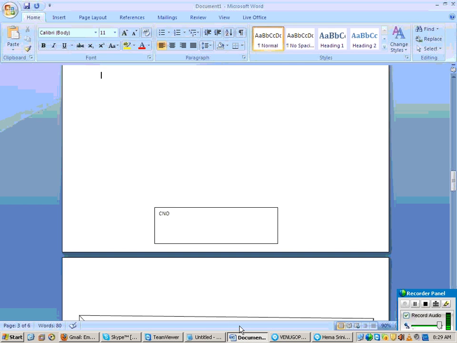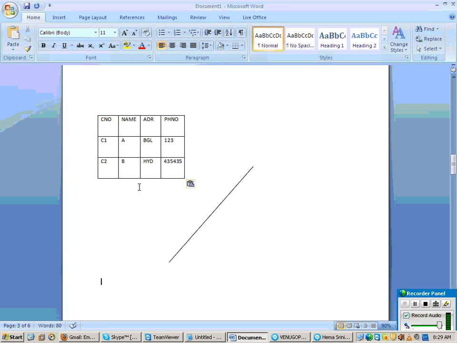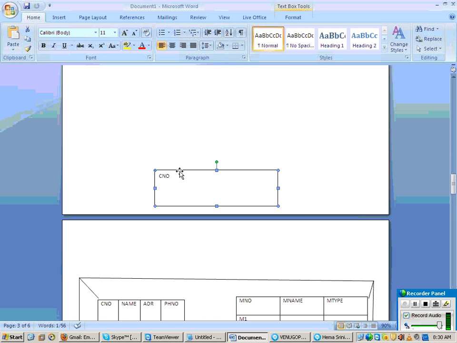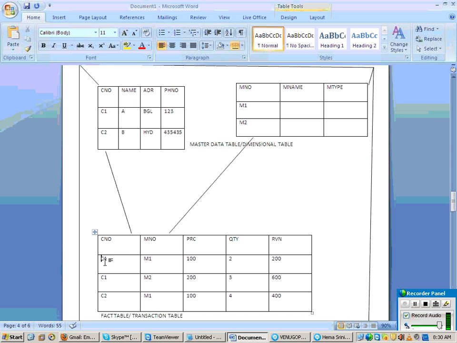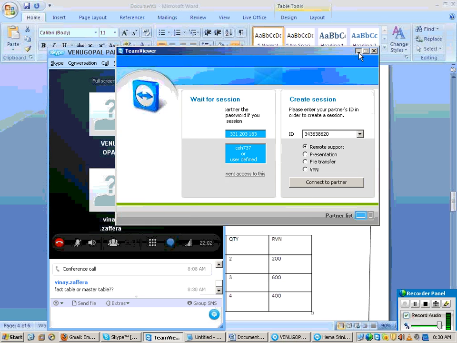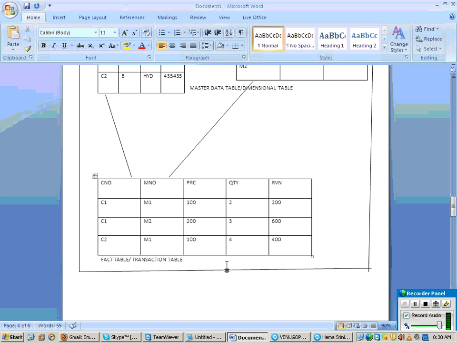Now what is the second drawback? Observe here, your fact table consists of alphanumeric values, right? The master table is not reusable. Every cube will have only one fact table. Transaction data is different, right?